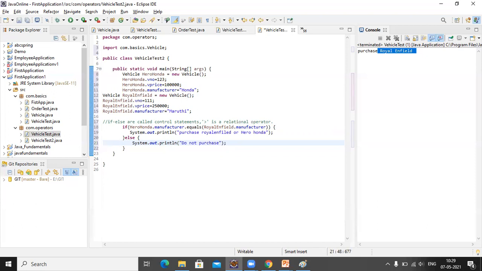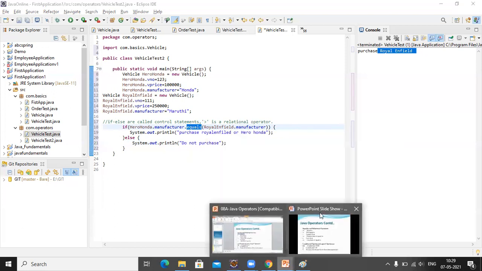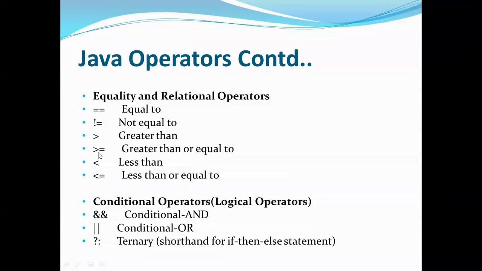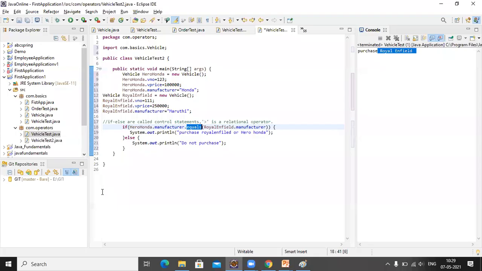Okay, so if you see here, I am using the equals method, sorry, not an operator. We can use the equal to operator, or these operators, only on numerics. So if the manufacturers are the same, then you want to purchase any of the vehicles, else you do not want to purchase.